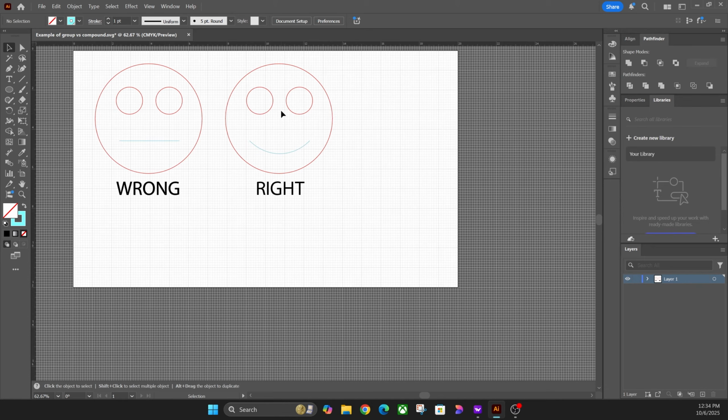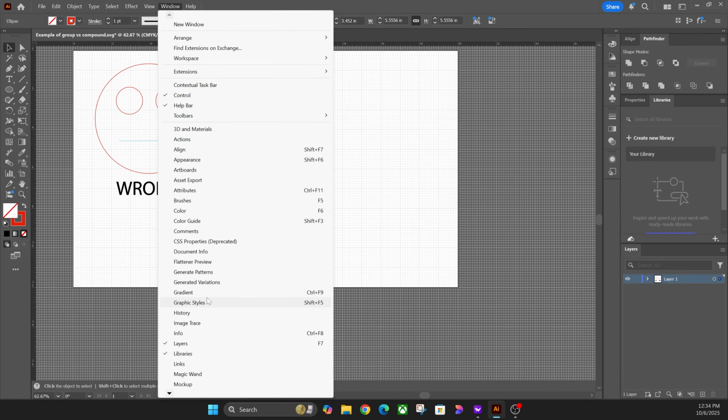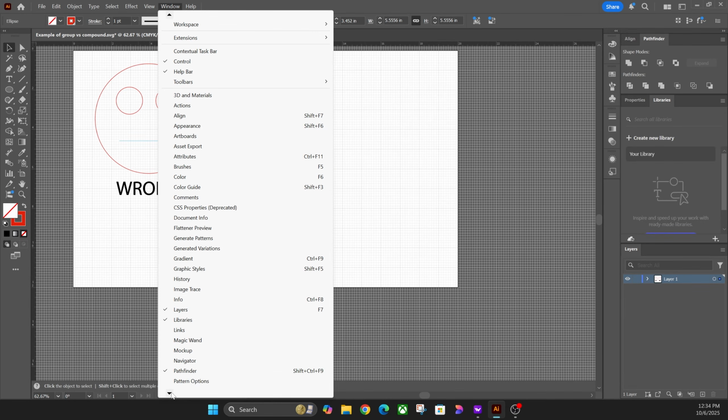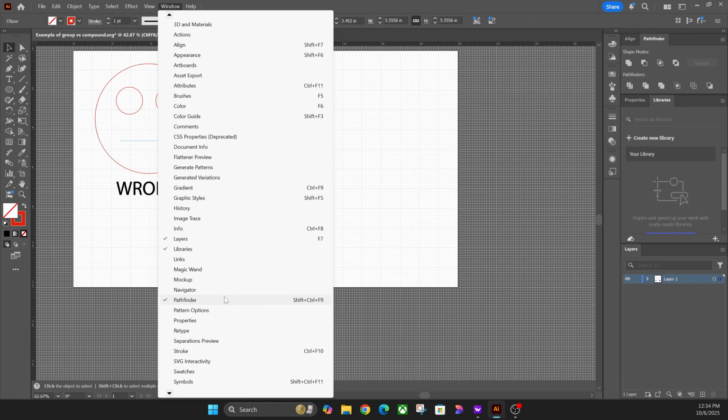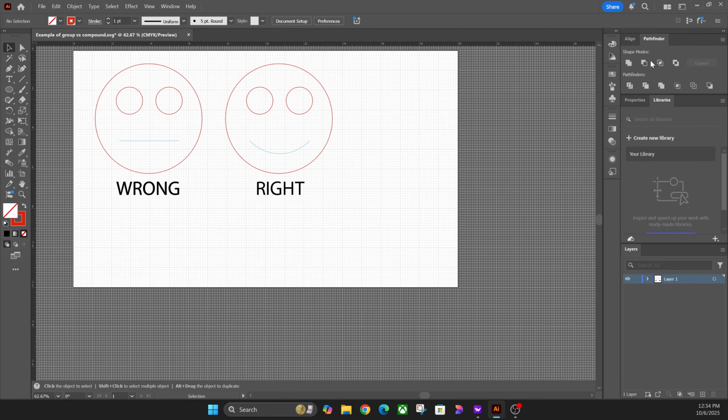And now what we need to do is basically subtract this with the Pathfinder tool. So if you don't have Pathfinder up here, you can go to Window and then scroll down to Pathfinder right there, and you'll get the Pathfinder tool. It'll look like this. We're going to highlight just the eye sockets and the smiley face, and we're going to click minus. So now this is one solid piece for the cut lines,